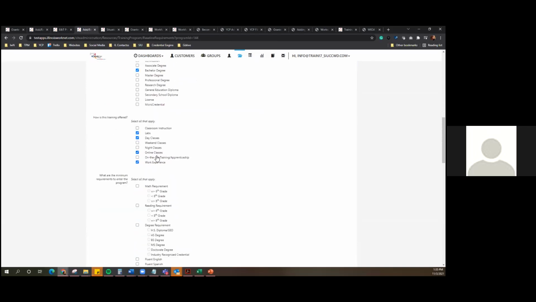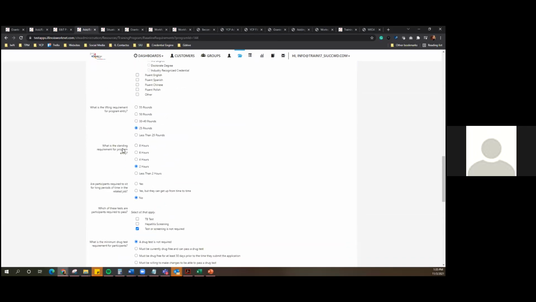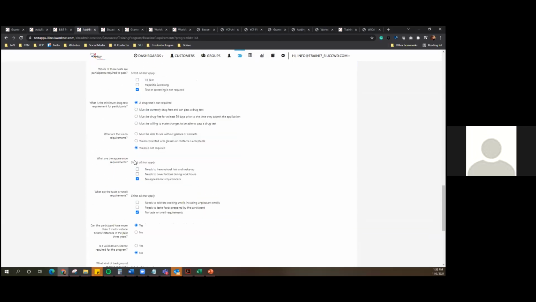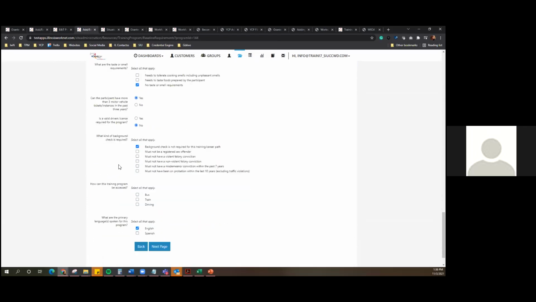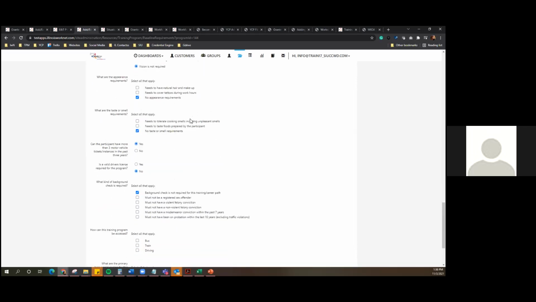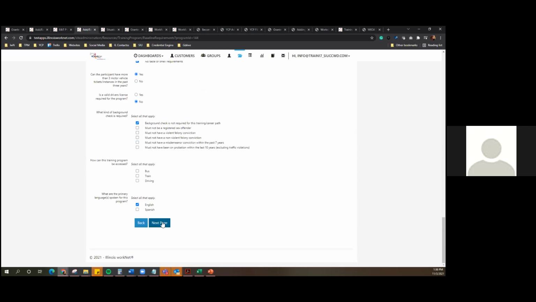What are the goals of the program? What are the standard requirements of the program, entry or standing requirements? What are the appearance requirements? There's a bunch of different questions to help align customers with training programs so they understand what all is required. And then once you fill all that out, you will click next.